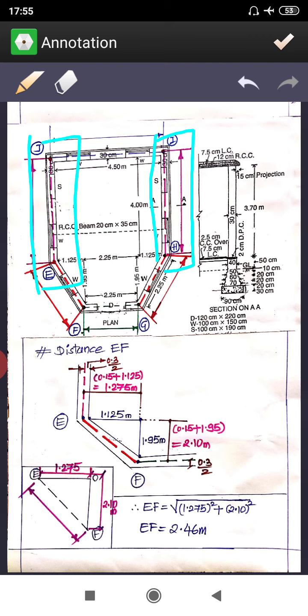Now the walls which are aligned with this, so those are going to be short walls. It means that, see here, your IJ and two inclined lines, see here this line and these two inclined lines, they will become short walls.